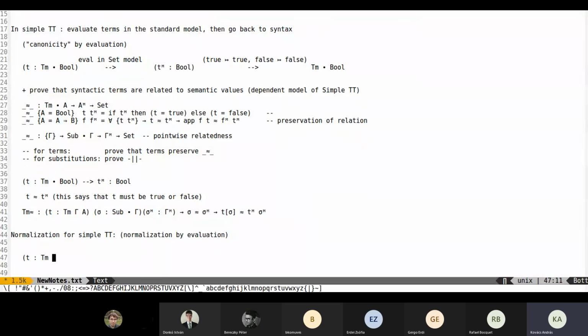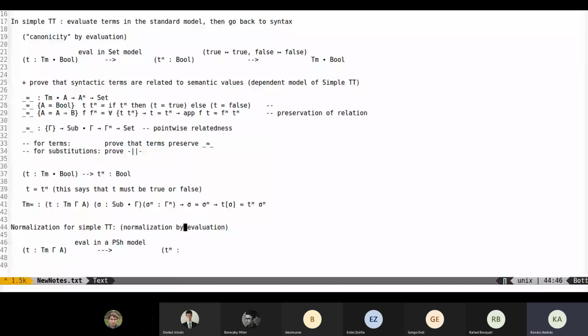So if I have a t, which is a tm gamma anything, then I'm doing an eval, but this eval is in a particular presheaf model, and then I get a tm, which is going to be some em gamma or whatever, and then we can use this so-called quoting, which goes back